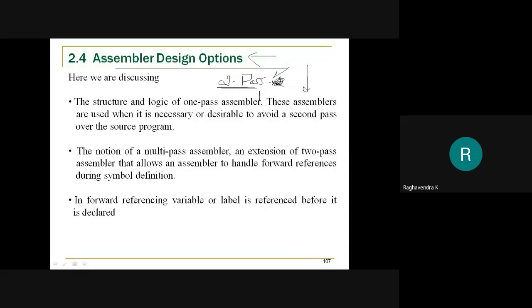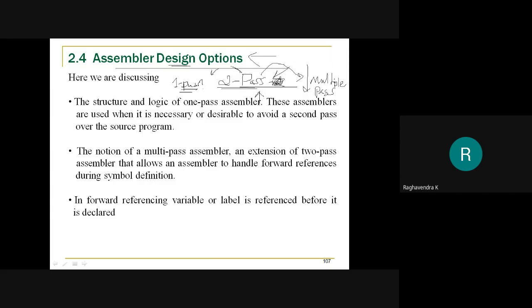Now, are there any other options? Can we reduce a pass and make it a 1-pass assembler? That is one of the options that is available. Or should we make an assembler that can go over our program multiple times, making it a multi-pass assembler? These are the two extreme options that are available for an assembler to be designed.